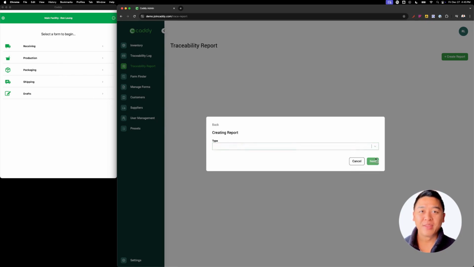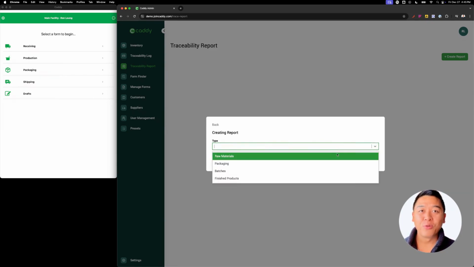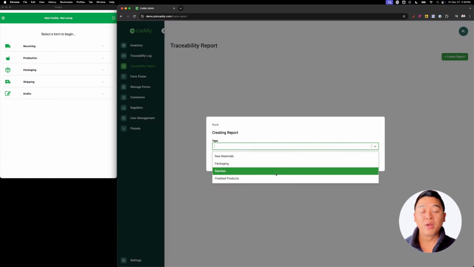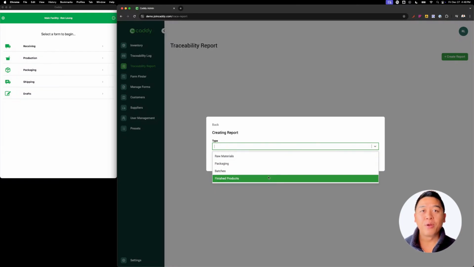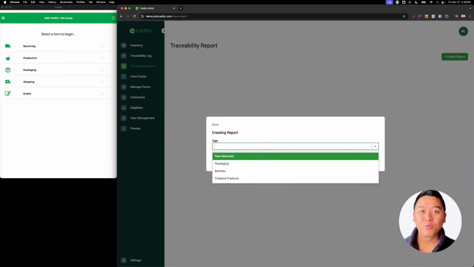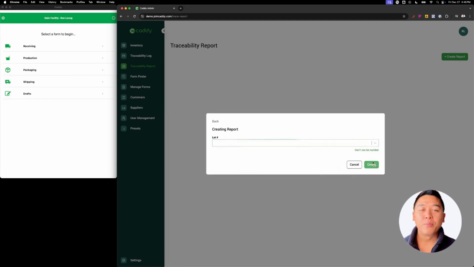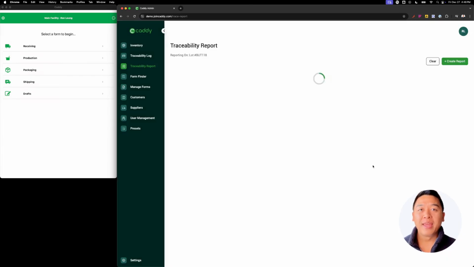Next, we can specify whether we want to run a traceability report at a raw materials level, packaging materials level, batches, or at a finished products level. Since butter is a raw material, we'll select raw materials. We'll then select butter, then select lot number BUT118. And in one click, we can instantly see everywhere and everything lot